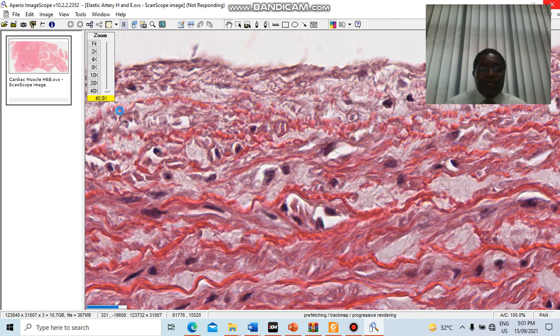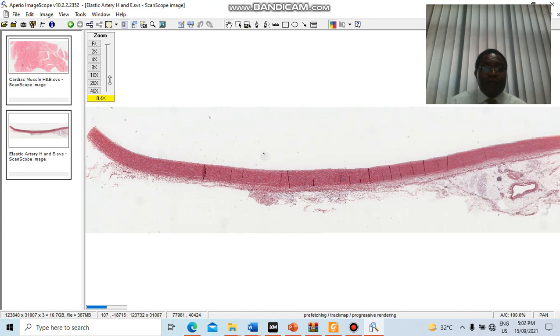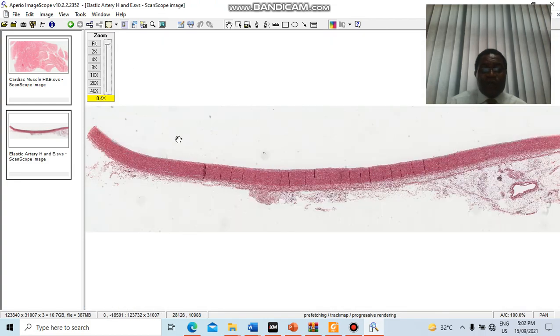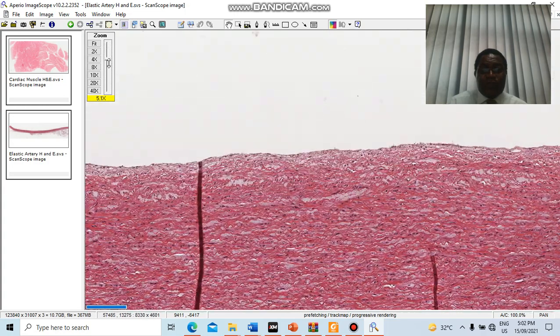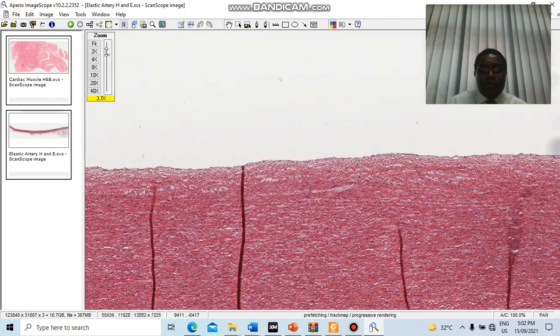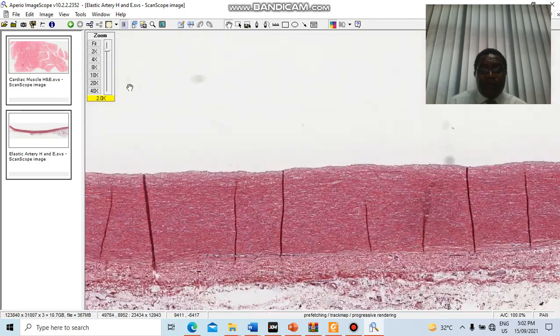You will notice that the larger the vessel is, in contrast to the smaller vessels, the whole lumen is too big to fit on the slide. So this is the lumen side, and this is the outer wall side. So this is a large elastic artery, and if you look carefully, starting off at low magnification, we see the 3 layers,